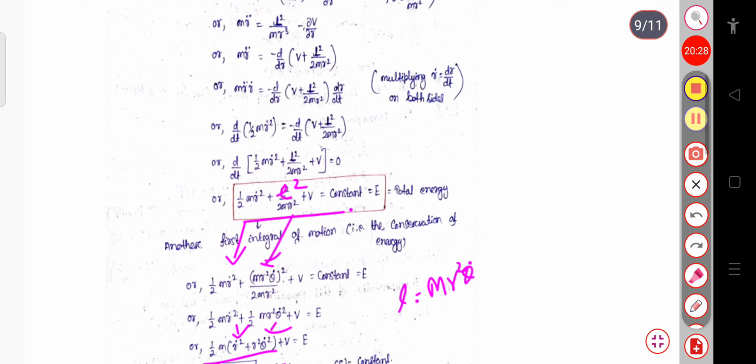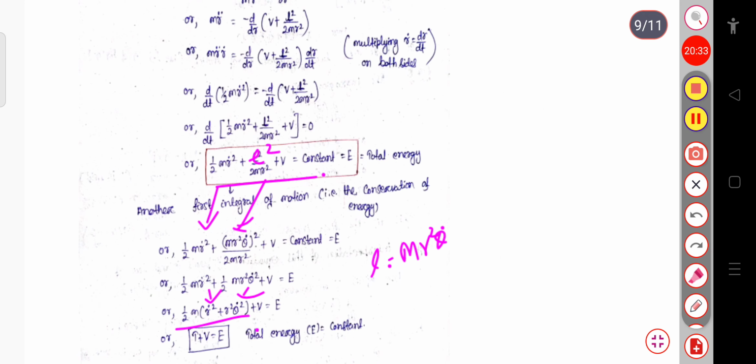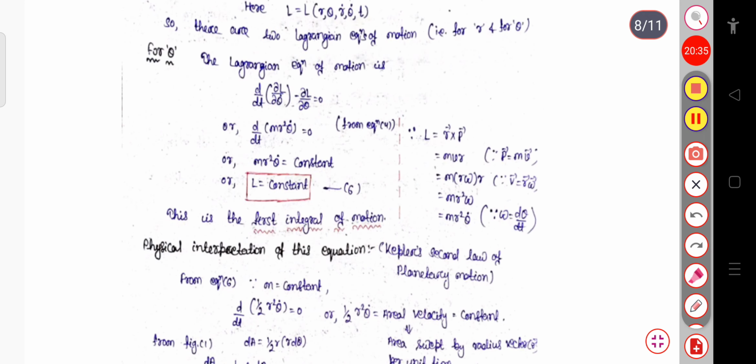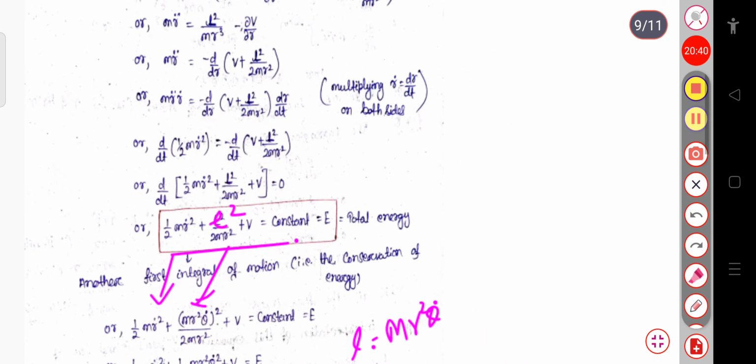So there are two first integrals of motion. One is mr square theta dot, that is L equal to constant, this is the angular momentum equal to constant, and another one is 1 by 2 mr dot square plus L square by 2 mr square plus V equal to total energy of the system,